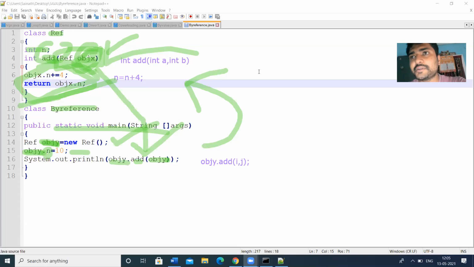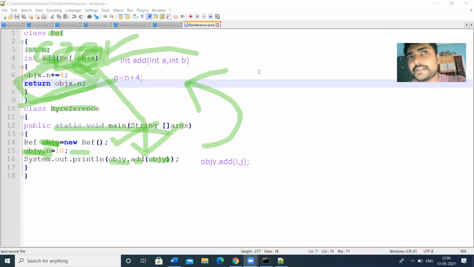Constructor overloading means the constructor name is the same, but the constructor can take different types of parameters in different situations. So we have method overloading as well as constructor overloading.